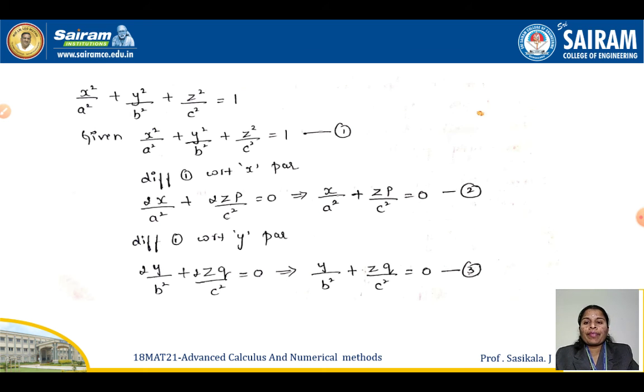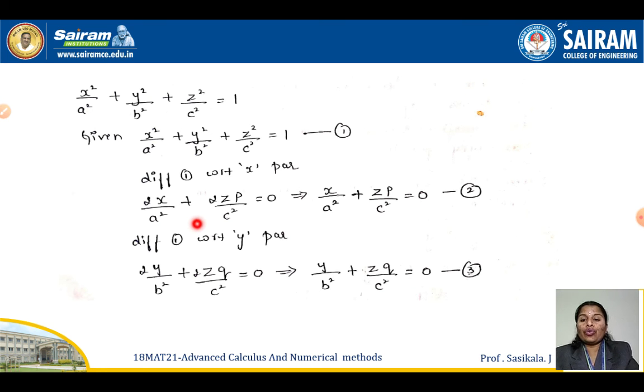Okay, it's clear. So now the last one more question. x square by a square plus y square by b square plus z square by c square equal to 1. Here also I have more than 2 arbitrary constants. So obviously we could try with second derivatives also. So now first, equation number 1 you can take. This is a very standard problem, many times asked in exams. It's a little different way they have done it. So one equation as given, you can try one more combination from this.